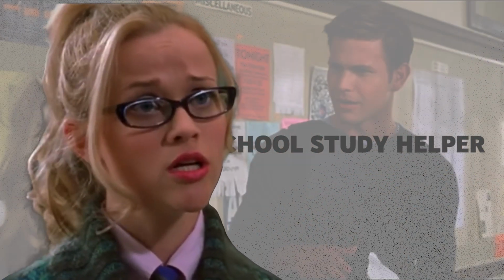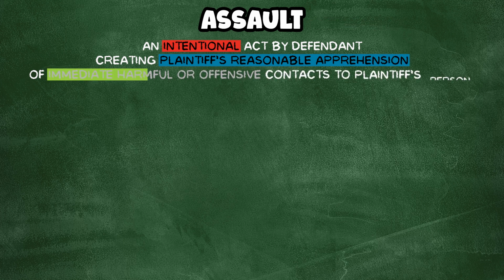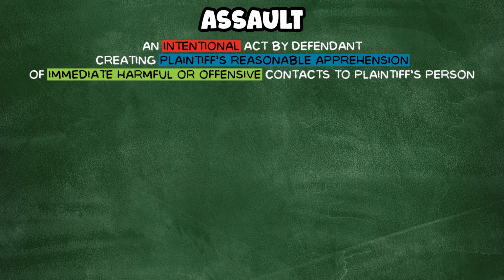What, like it's hard? The rule for assault reads like this: an intentional act by the defendant creating plaintiff's reasonable apprehension of immediate harmful or offensive contacts to the plaintiff's person. To better understand this, we can break it down into 3 elements that you need to memorize and analyze for